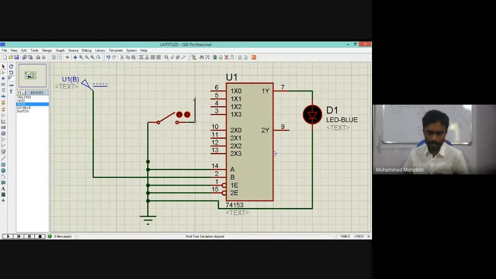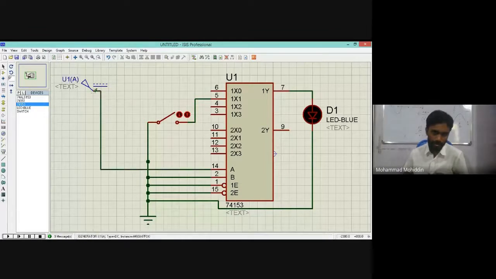So first one you see here. I think which one is MSB? That is the thing that matters. I think this is the second one. Wait, this is 0, 0. MSB is A. 0, 0. This is 0, 1. 0, 1 means 1. First input. Now first input is selected. You see. Got it?